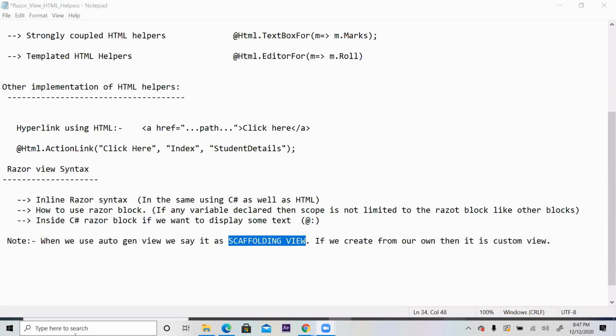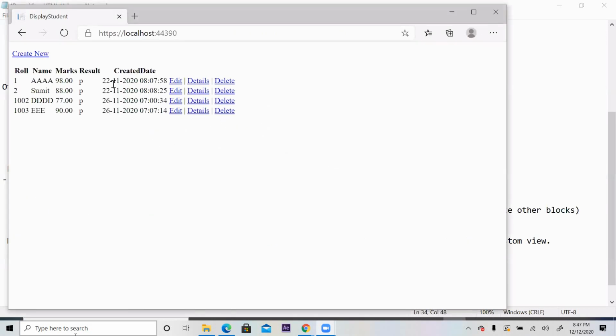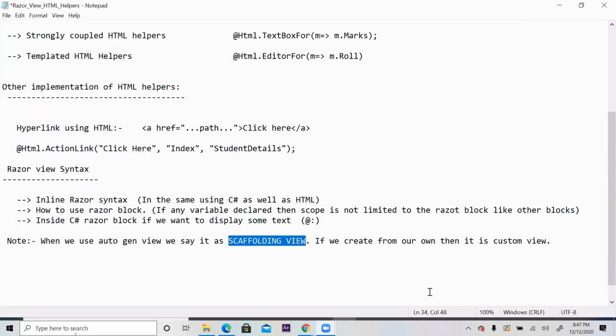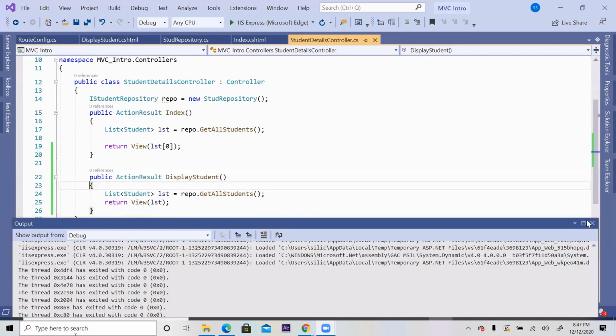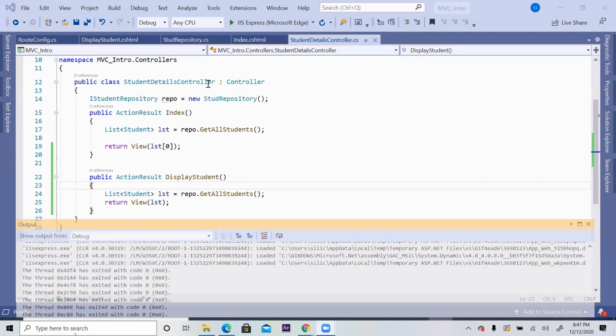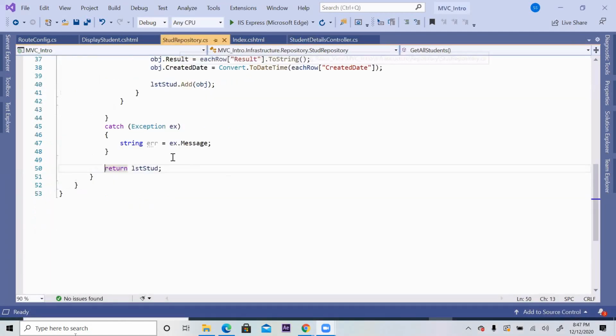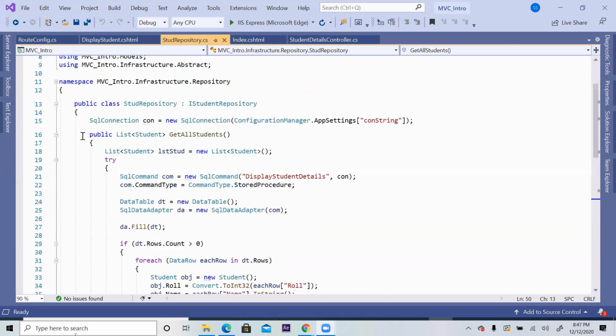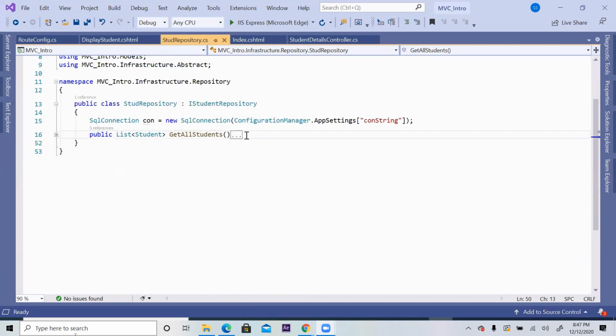So coming to your code, this is the code. Let's first start with create new. Imagine I want to create a view which will help me to create a new record in the employee table. In the repository, as of now we have only one functionality called get all students.